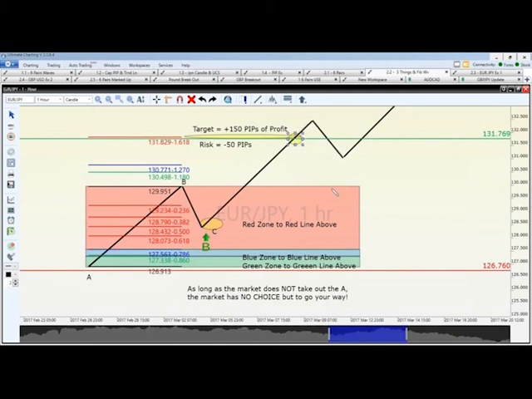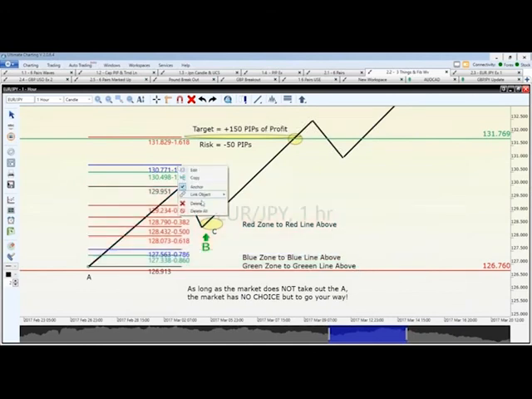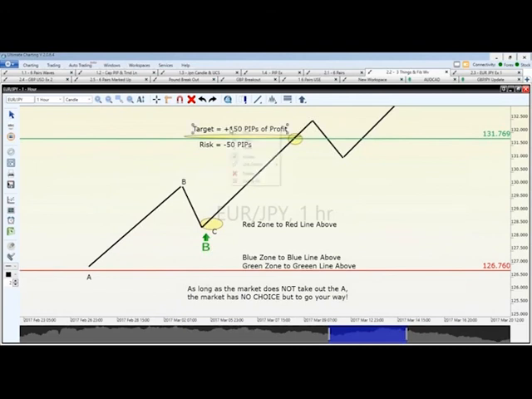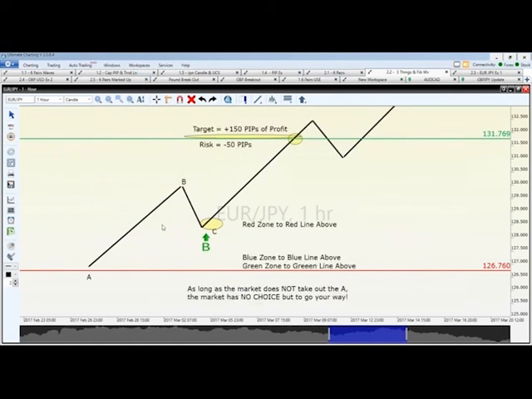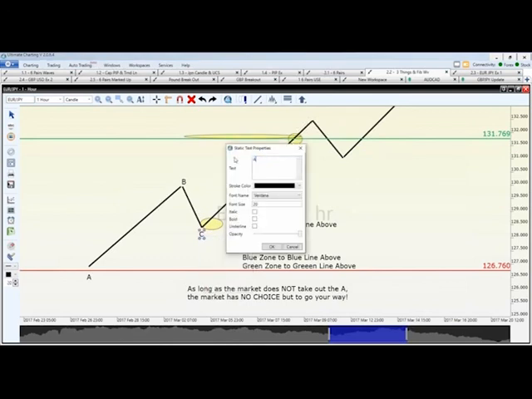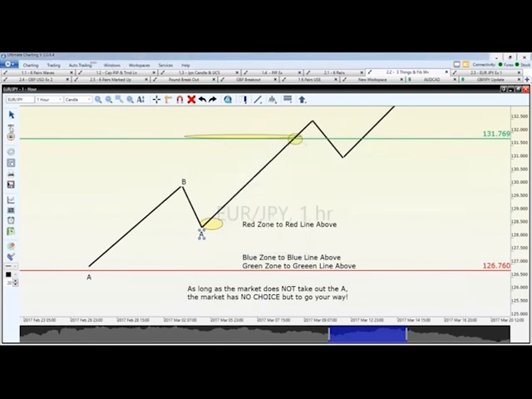At this point, I'm going to clean up my charts. The previous Fibonacci is no longer pertinent. We got out of the trade, so that old trade is no longer pertinent. We now have a new A and a new B, and this is how it works. Does everybody see the C right here? Well, guess what? That now becomes our new A. Sorry, I'm just trying to clean this up at the same time that I'm talking. So this now becomes our new A, and this new high up here becomes our new B.